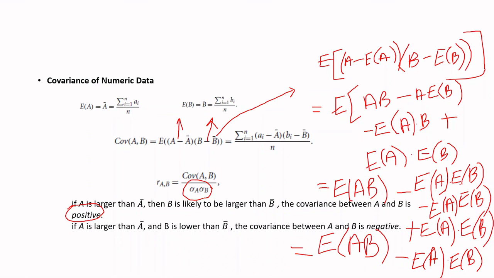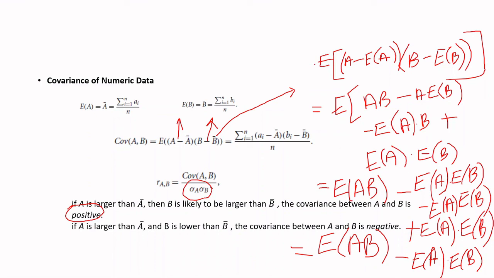Now, before going into an example, I wanted to show you this can actually be rewritten as expectation of AB minus expectation of A into expectation of B. How you write it is expectation of A minus A bar into B minus B bar. A bar is actually expectation of A, B bar is actually expectation of B. So you can write this as expectation of A minus expectation of A into B minus expectation of B. Now you multiply the corresponding terms. Here you have got AB minus A into expectation of B plus expectation of A into B plus expectation of A into expectation of B.